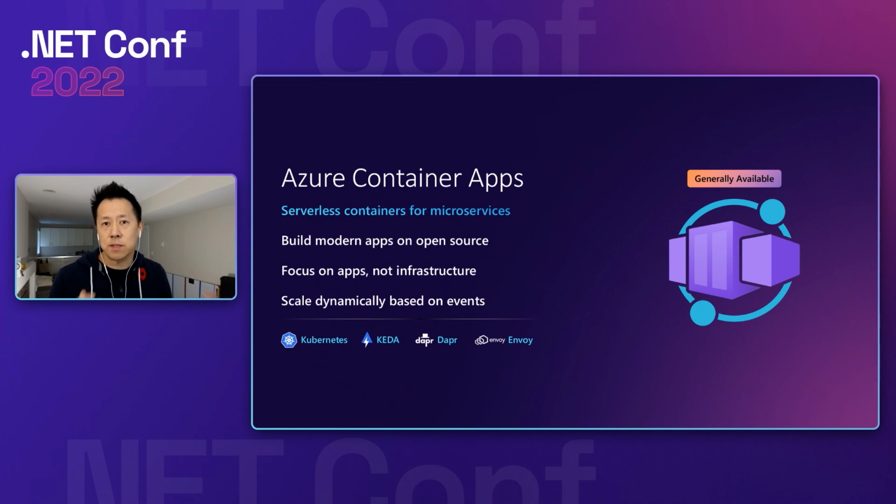And there's support for scale to zero, so you don't have to pay for anything if your application is not running at all. And Azure Container Apps comes with a free grant, a lot like Azure Functions. So you have, I think, a couple million requests for free, as well as a certain amount of CPU and memory usage every month that are included for free as well.